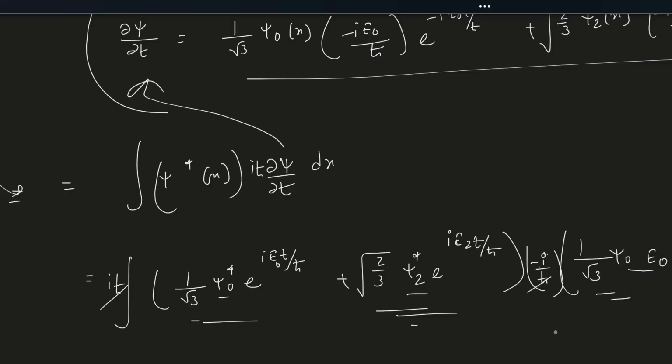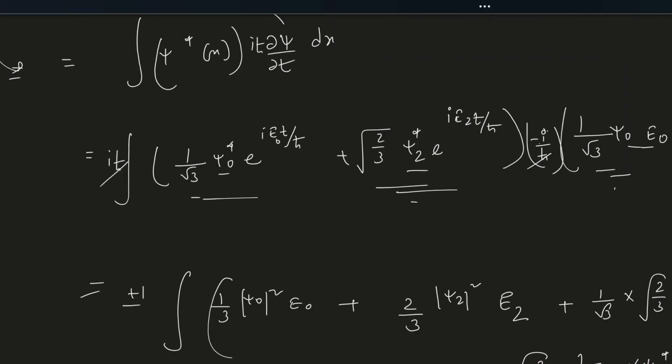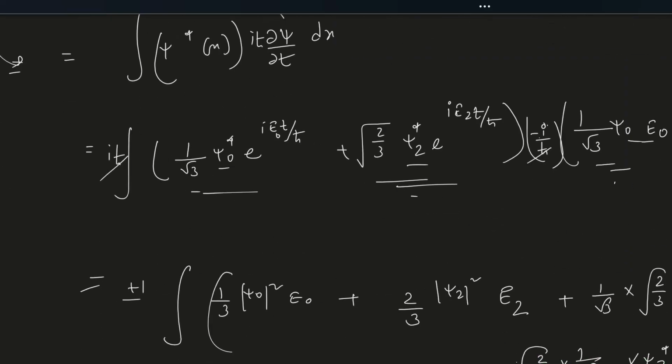Similarly the cross term of this to this is root over 2 by 3 into 1 by root over 3 into psi 2 star psi naught E naught e to the power of plus i t by h cut (E2 minus E naught). This whole thing to dx,